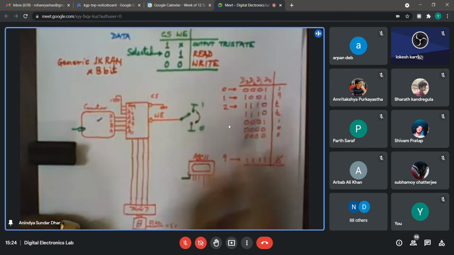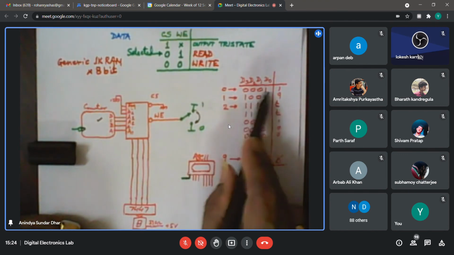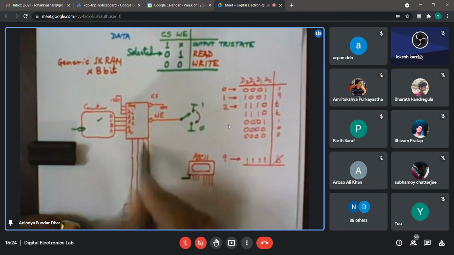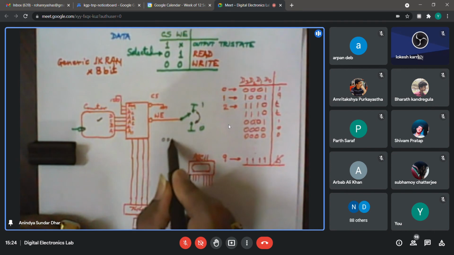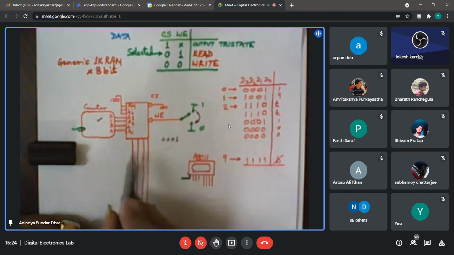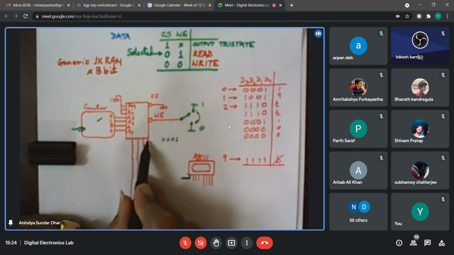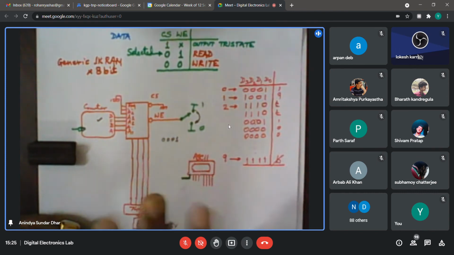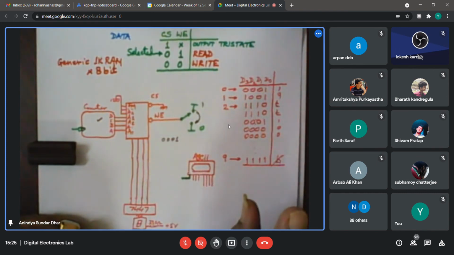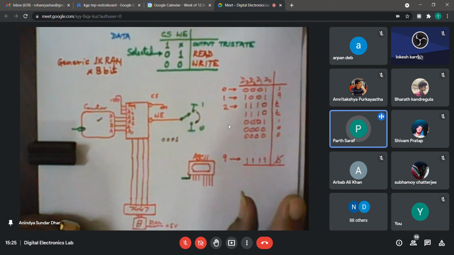These 4 bits should follow the 0th location content, 0001. So these 4 lines I am writing here should be 0001. Three lines will be low, and this LSB line should be high. Is that part okay during the read operation? So the counter is resetting to 0, right?